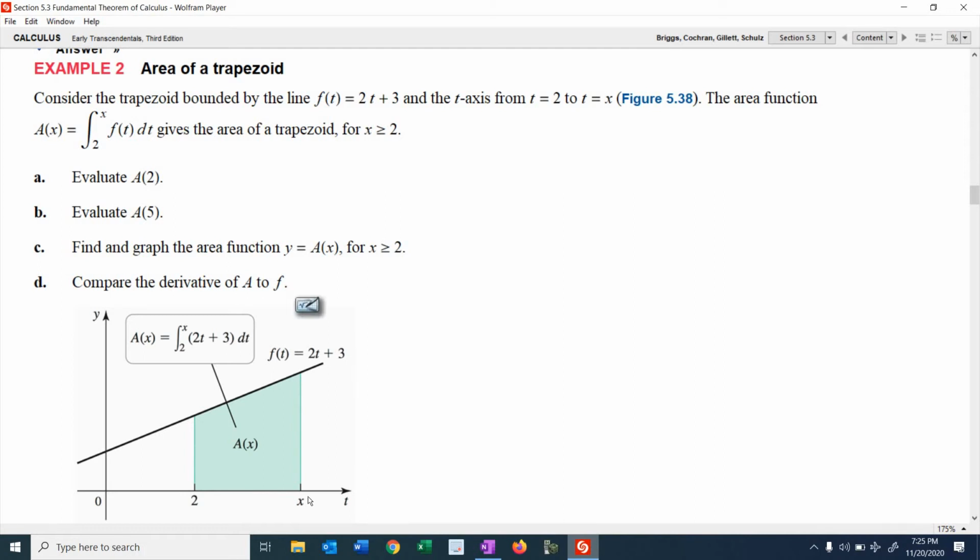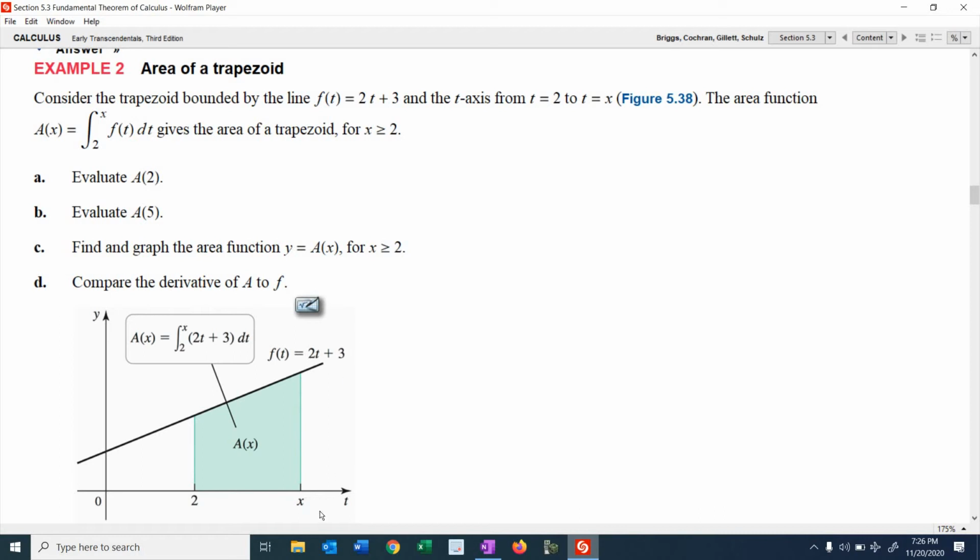Okay, to find a of x, we're going to find the area trapped in here, again, using the formula for a trapezoid. Now we're going to think of this as some variable x. Okay, so the area of the trapezoid is still 1/2 the base times h1 plus h2. Okay, but what's the base in this case? Well, this distance down here is always going to be x minus 2, right, regardless of what x is. That's our base. This height over here is going to be 7, because when you plug a 2 in, you still get 7. So h1 is still 7. Then h2